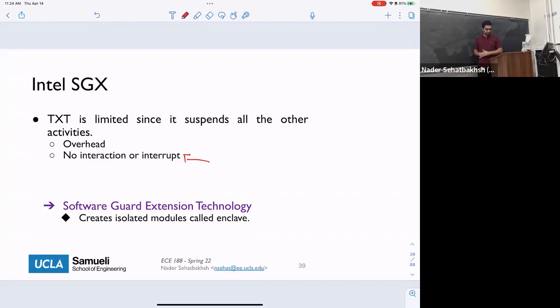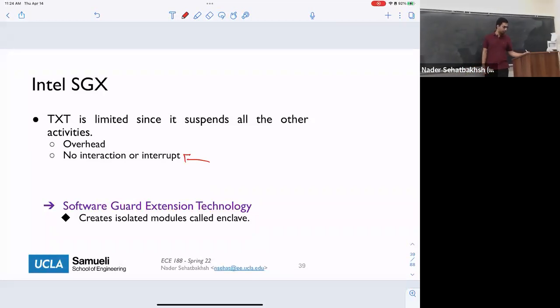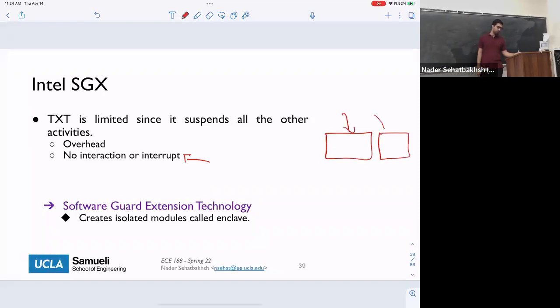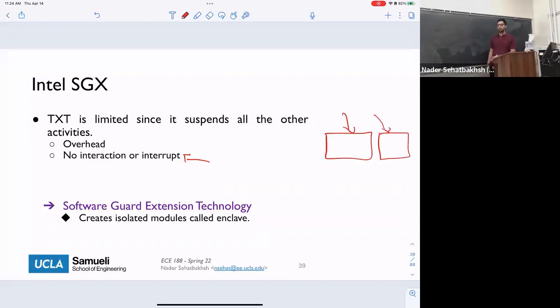So that was the initial idea, but that was not good enough because these days we are working with multitask systems. We want to have interaction between multiple applications, and we also want to be able to run untrusted applications with trusted applications at the same time. Because maybe some users are more important than other users. So those users need the assurance of trusted execution environments, but the other users don't care. The application that they do run is not something that's security critical.